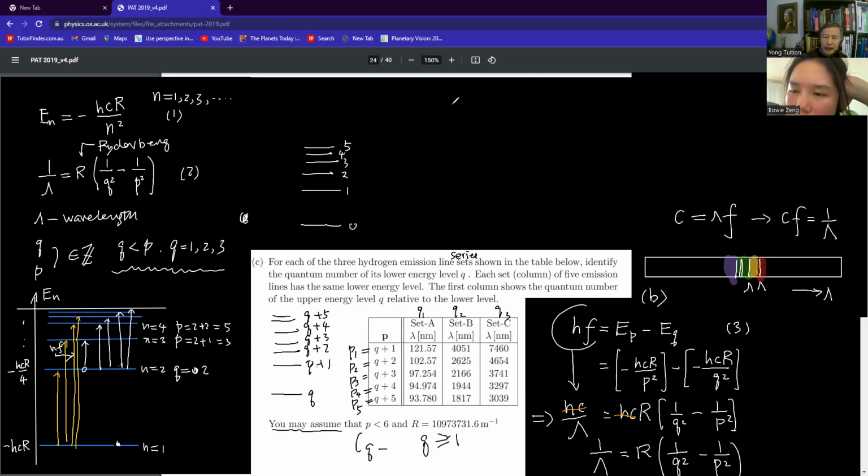Can you see? Can I pick up this one? We don't follow their instruction. Can we pick up this wavelength? If I use this wavelength, that wavelength will allow us to write this formula here using the formula we just derived. So 1 over lambda. So this lambda is